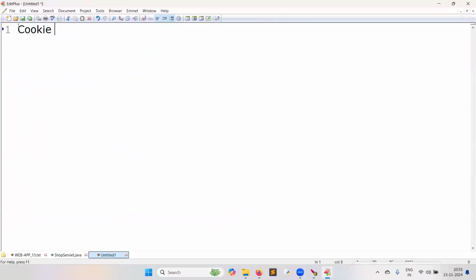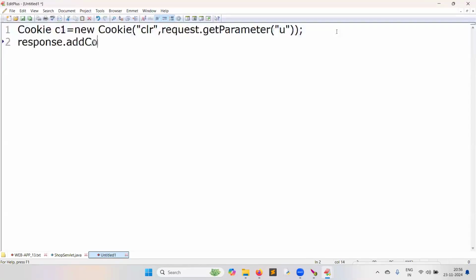Cookie is a class. Cookie c1 = new Cookie with some name and some data, for example from request.getParameter. The user entered something and you want to convert it into a cookie. Add that to the response object: response.addCookie(c1). Cookie is a class in the javax.servlet.http package.